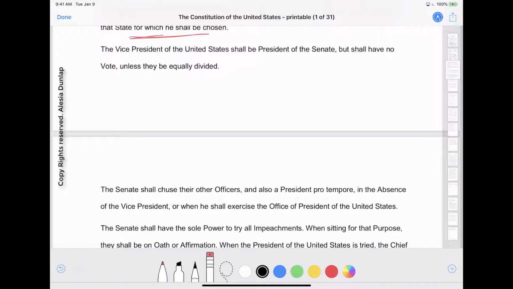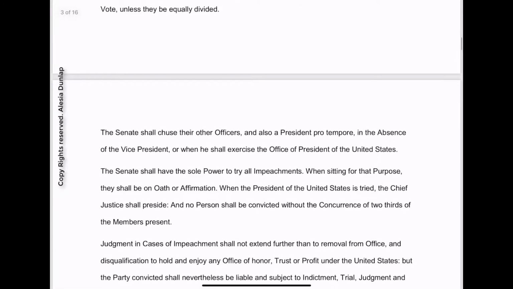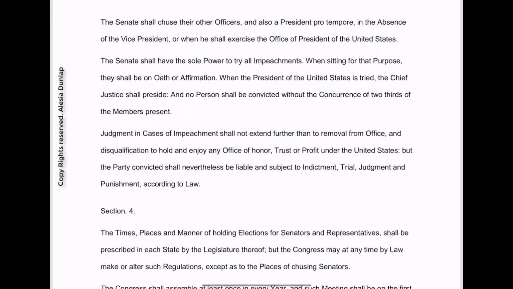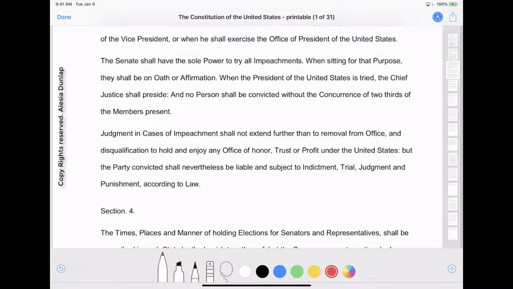Also, in addition to that, this also includes the president pro tempore who runs the Senate when the VP is away, or if the vice president becomes the POTUS. So if something happens to the president, obviously the vice president becomes president. There are some powers that the Senate has, which are very important, and they include powers which can only happen with a 2/3 vote, and this is where we get the pro tempore here.